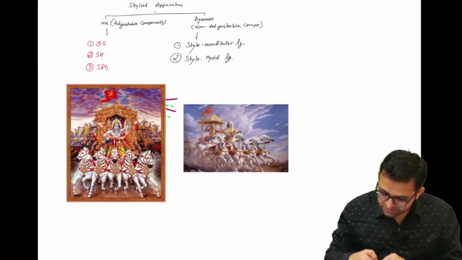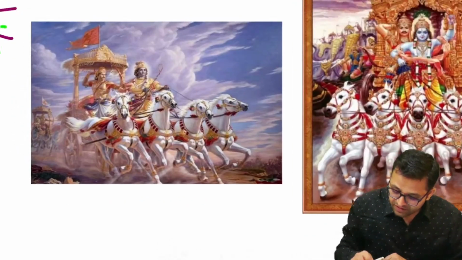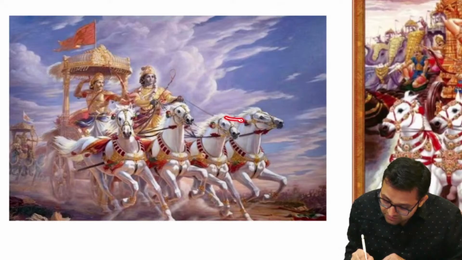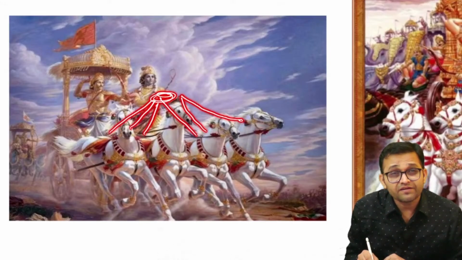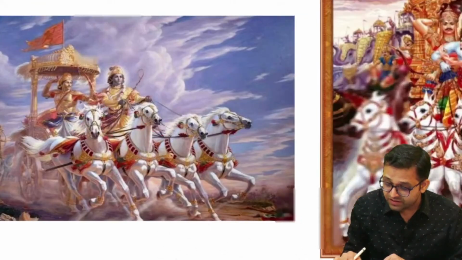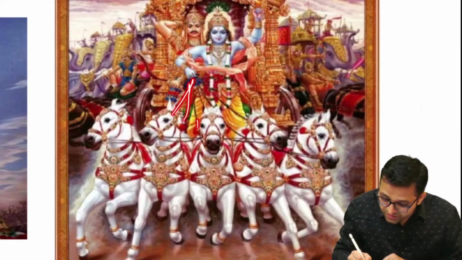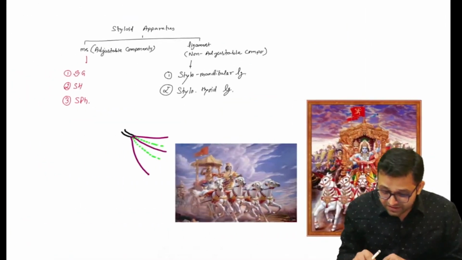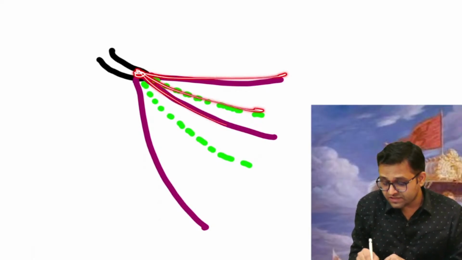Catch these points. What I want to say, sir, is this is the battle taxi where you can observe there are many horses. Lord Krishna is handling the many horses, and all the reins are attached to one single part in the hand, but it has diverse attachment. Can you see here again? Yes, sir. This is the hand, and you can observe the reins of the horses were attached only at one common point. It is having a similar kind of fashion. There is one single point and diverse attachment.